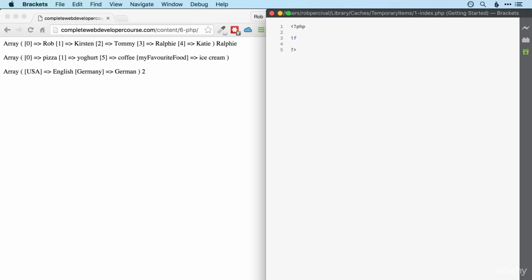We start off with if, and we put the statement that we want to check whether or not it's true in brackets, and then we put our code that we want to happen if it is true in curly brackets, as we're used to. So, for example, we might have a user variable, which for this particular user might be equal to Rob, and then we might have a check to see if